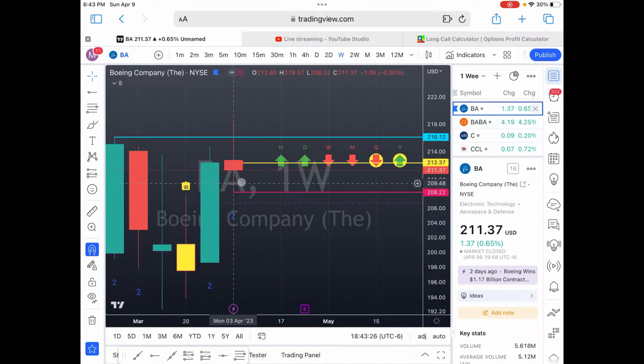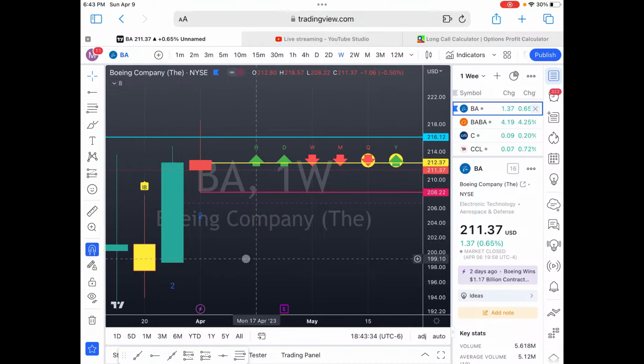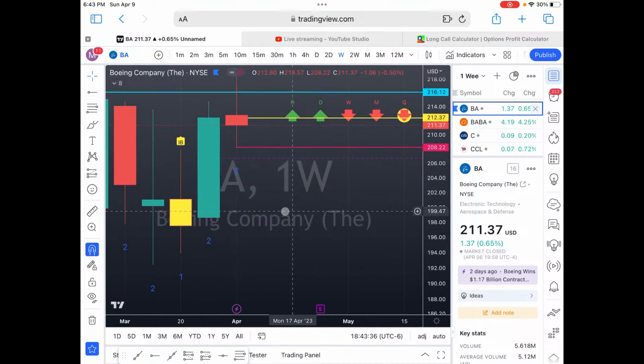So let's get started on this list. The first one we've got is BA, that's Boeing. Boeing has a 2-up that finished red. So when we have these 2-ups that finish red, probabilities often tell us that we are going to trend back to the downside. Does it always happen? No. But probabilities tell us that we do have the option that it could trend down that way, and it's a higher probability than the other way. Okay, so we'll look for puts here